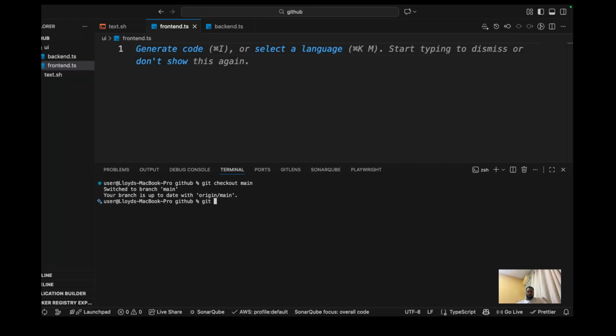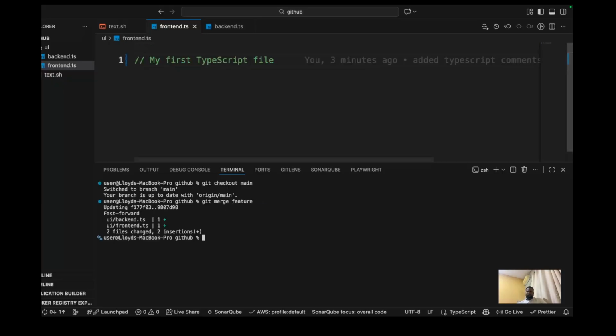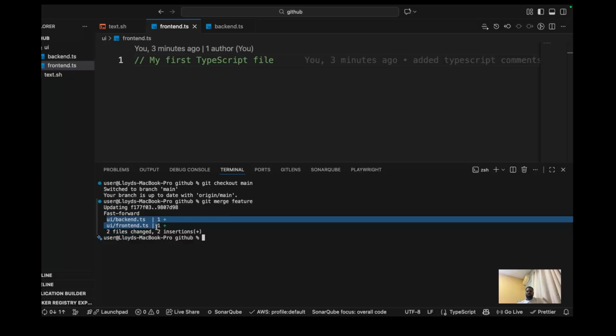Git merge. Which branch are we looking at? We are looking at the feature branch. Hit enter. So you see it is now updating the hash, and it says fast forward. We are committing these files to this particular branch, which is the main branch. Okay, now let's do git push